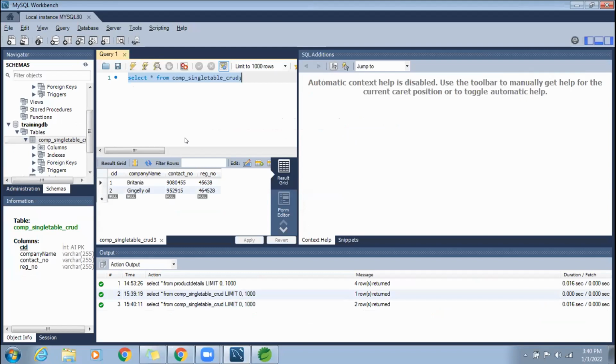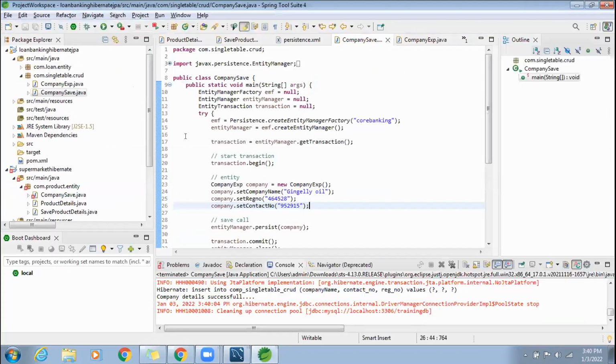Now we will try to pull the record, the first record or the second record. I need to send you the program. I will send the third program, which has the logic to pull the record from the database. I sent one file, RetrievalDO.java. Can you all copy that to your package com.singletable.thread?